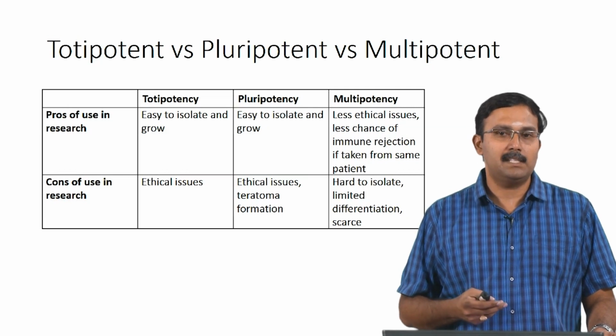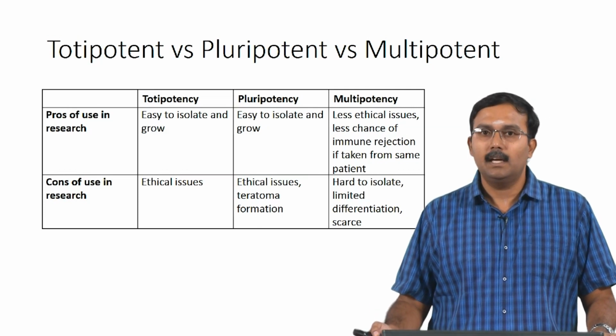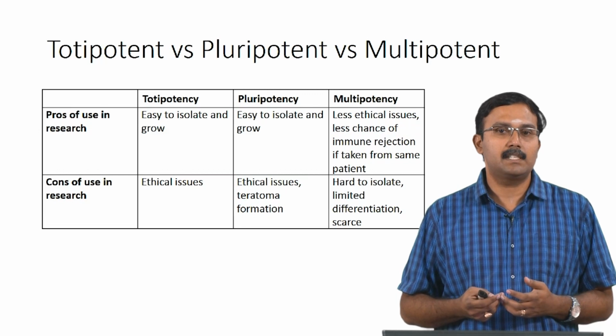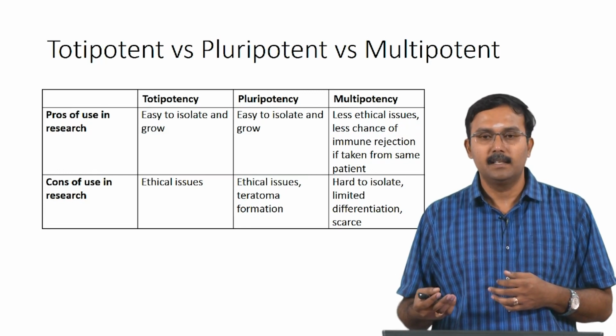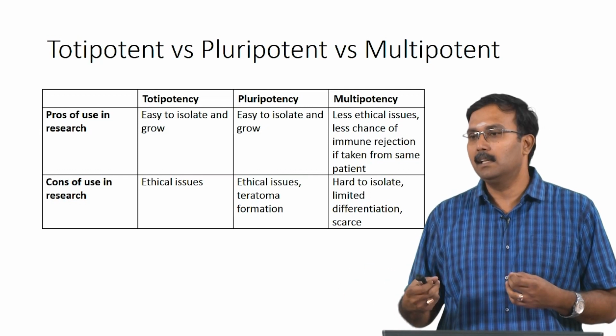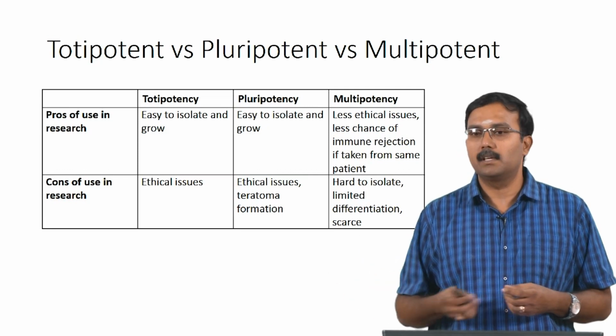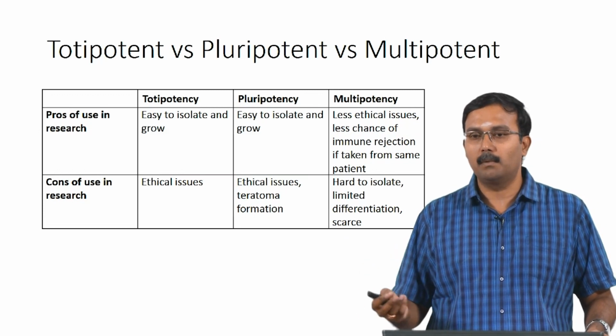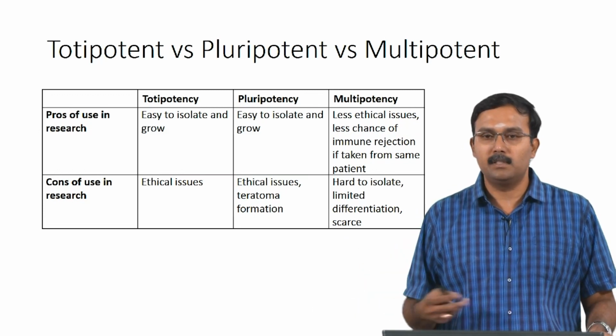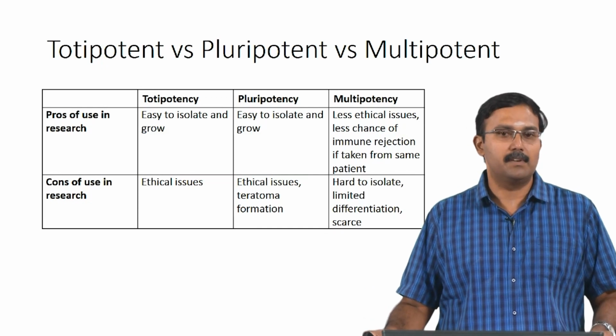But with multipotent stem cells there is less ethical issues, and there is less chance of immune rejection because there is a potential for it to be taken from the same person, right. So, you can get an autologous stem cell and actually culture it and use it. So, cord blood cells and things like that, that is why people store cord blood, hoping that they would be able to use these multipotent stem cells eventually.